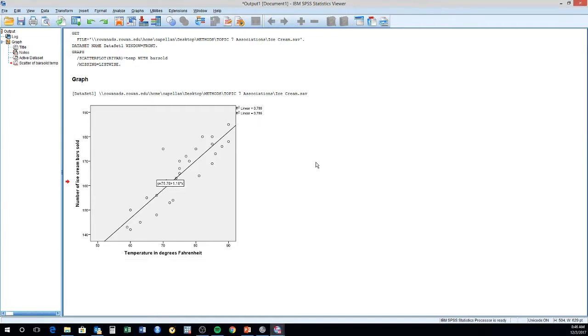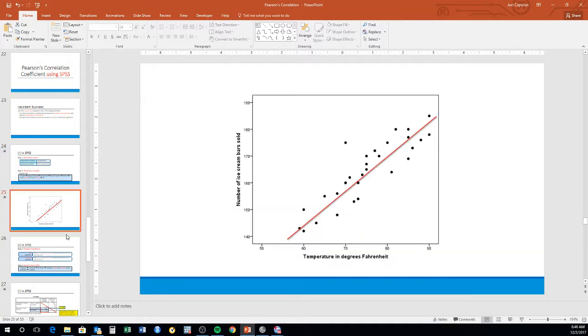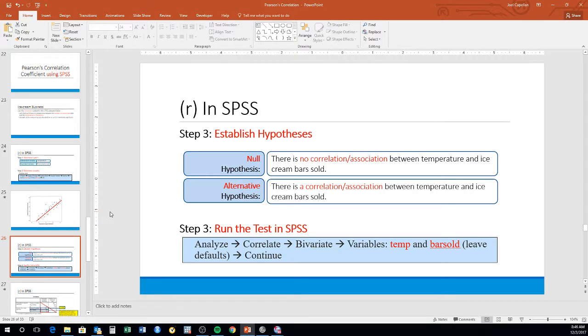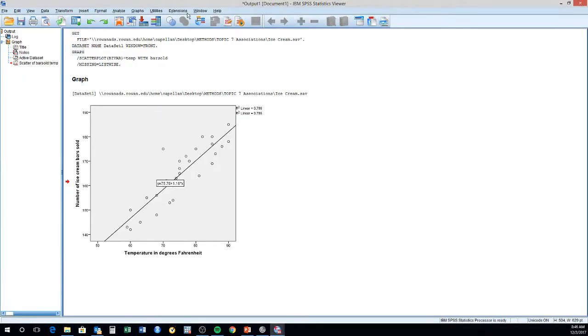So now that we determined that the relationship is linear, you want to establish your null hypothesis and alternative hypothesis. The null hypothesis is always going to be the same thing. The null hypothesis is always going to say that there's no correlation or association between temperature and ice cream bars sold. The alternative hypothesis is going to say that there is a correlation or association between temperature and ice cream bars sold. So to determine which one of these is correct, we're going to actually get the Pearson's correlation coefficient